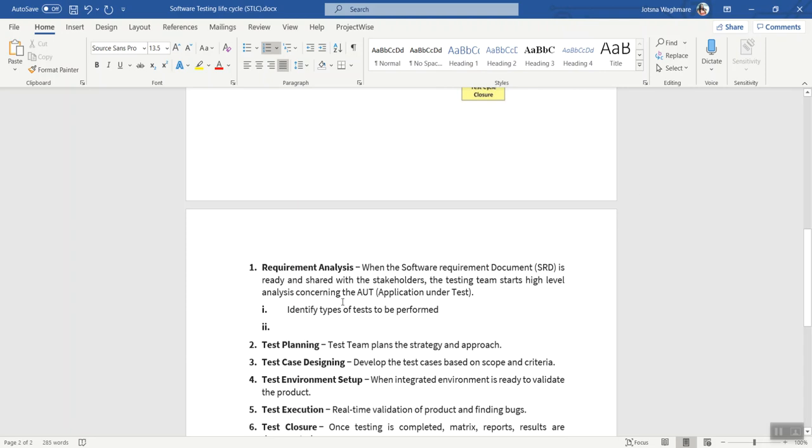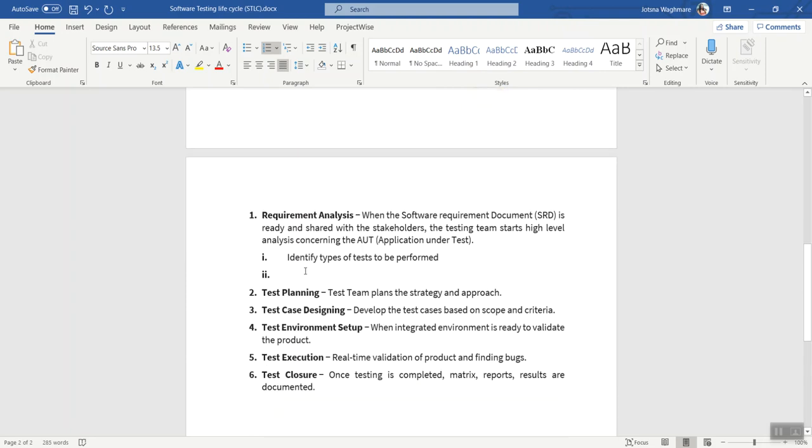The second activity, we can say, is to gather the details about testing priorities and focus.